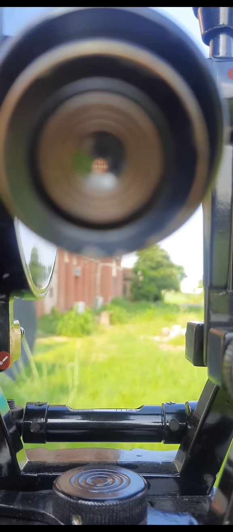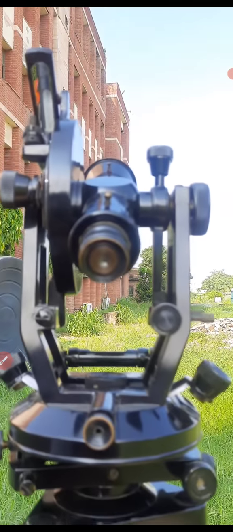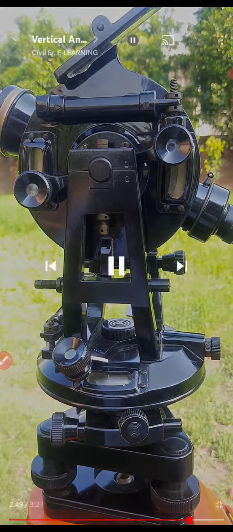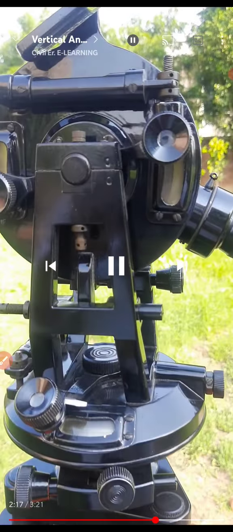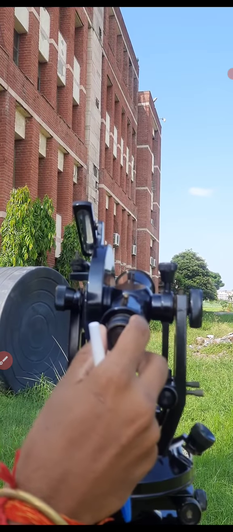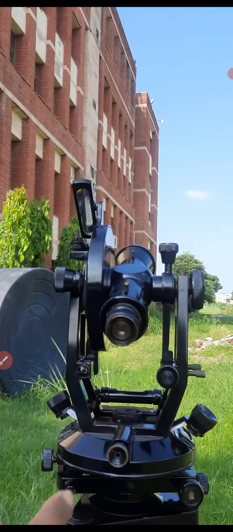crosshair, that is the horizontal crosshair, exactly bisects the top portion of the building, you have to clamp the vertical circle clamping screw. And after that, there is a tangent screw provided. I think it is very difficult to see, but to a certain extent you can see through the telescope. You have to sight the top of the building. Now for fine adjustments, you can use this vertical circle tangent screw. Now after that, note down the reading and then again